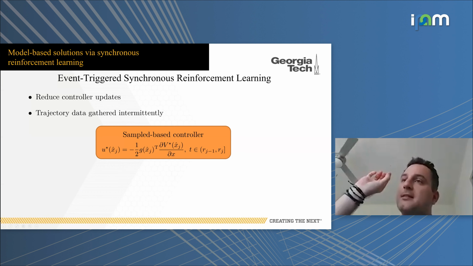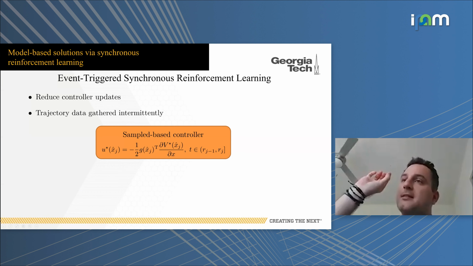Okay, so we found these conditions, and we still proved that the system is stable. Now what I have done here is I substituted my U with sampled components into my Hamilton-Jacobi-Bellman equation. Of course, as you can see here, this is not zero anymore, but it will be a residual. Again, here I haven't used any approximators, this is just the offline solution.